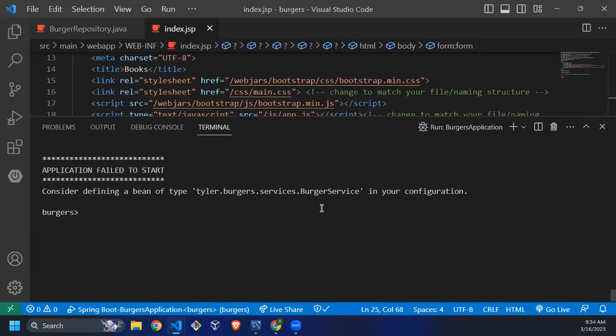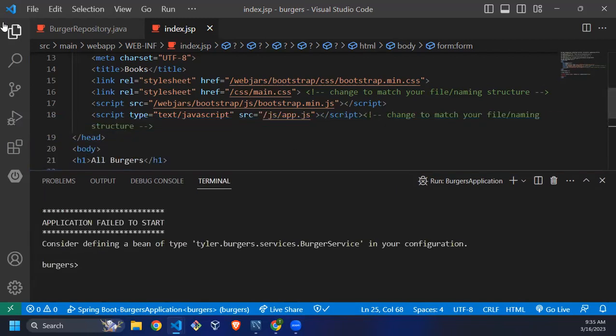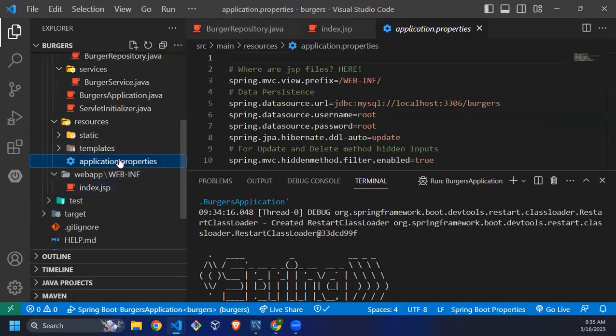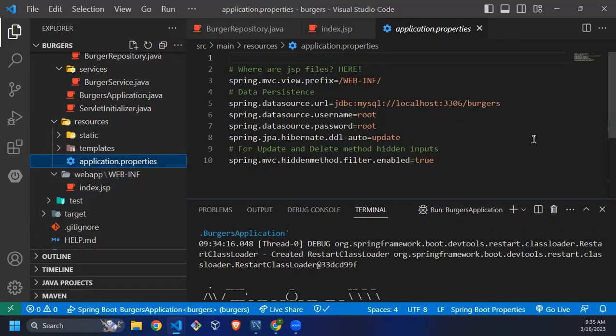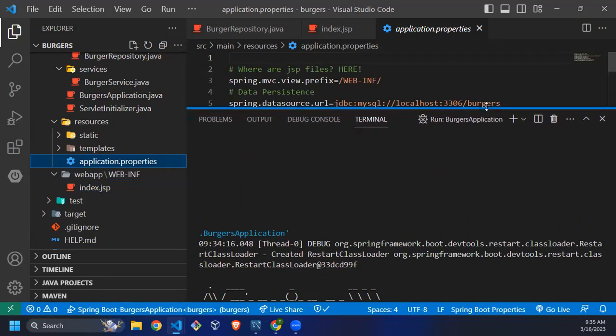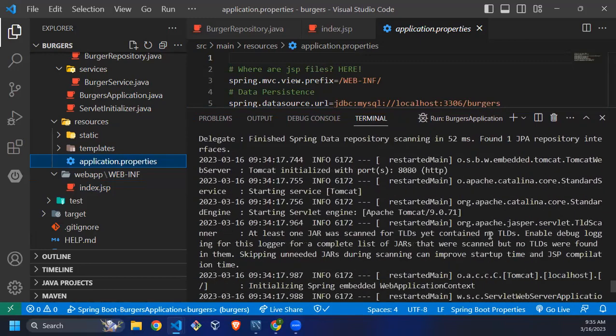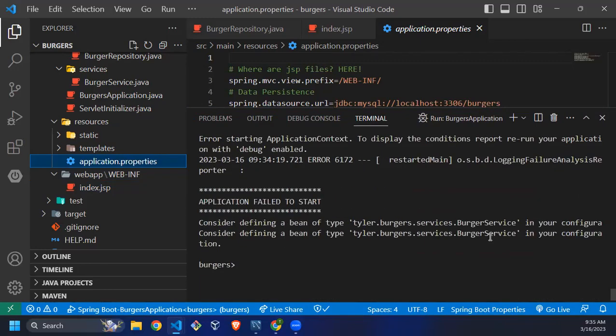Application failed to start. Consider defining a bean of type tyler.burgers.services.burgerService in your configuration. Where is my error? Let's go to your config file. To where? Your configuration file. Configuration. Okay. Everything's good here. Did you do dependencies and all? Dependencies, what do you mean? If you copy,